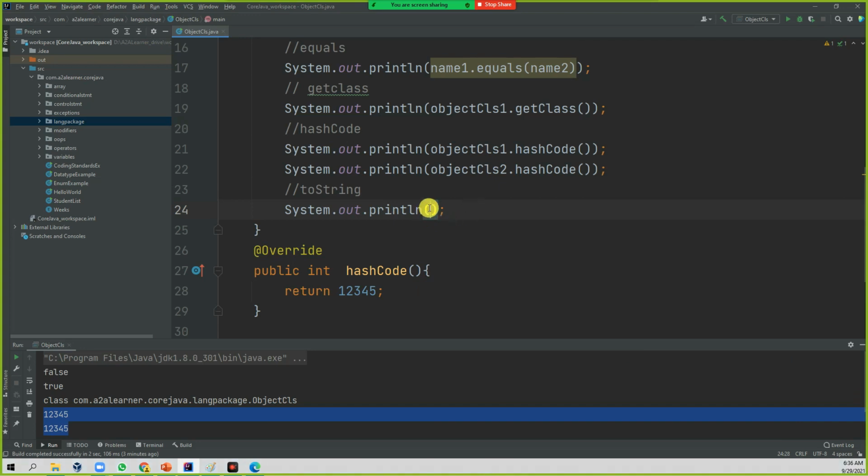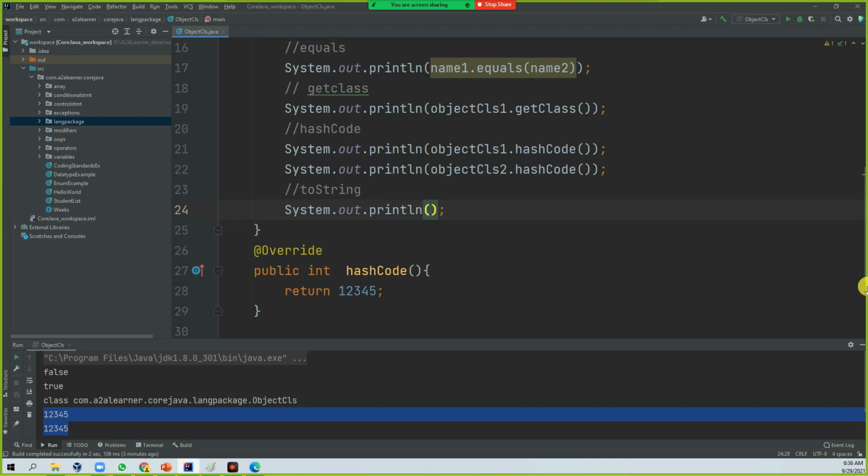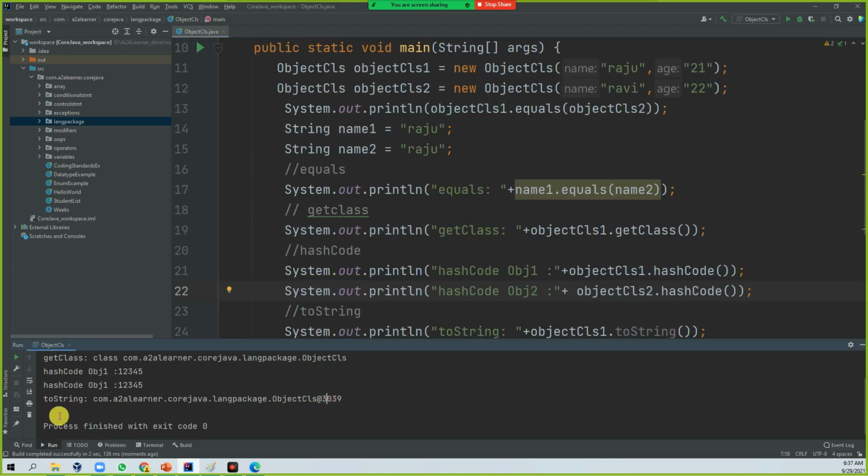So let's call object class one dot toString method. If you see the toString output here, it gives the package followed by the class name, appended with some number. See here, some number gets appended after the at sign.